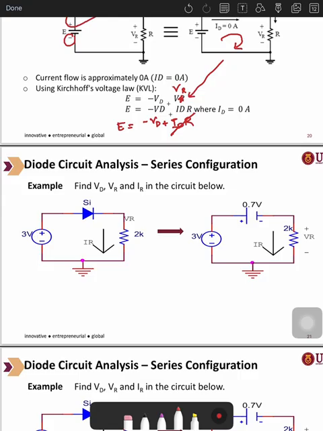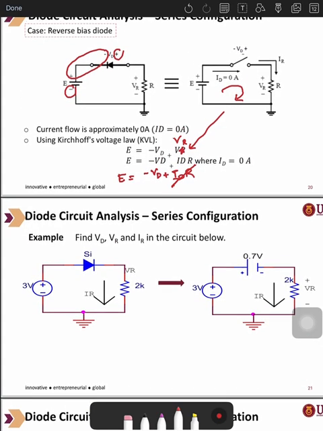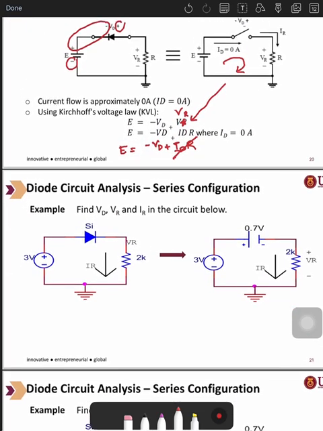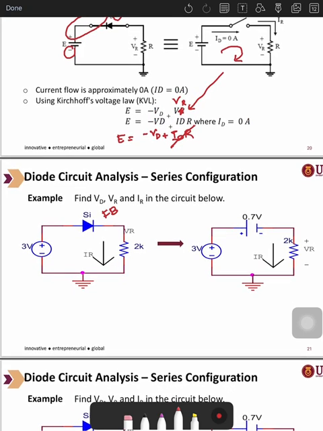From here we can see this is in the state of forward bias, because the positive connects to the anode, and the negative connects with the cathode. Now, by using the KVL,